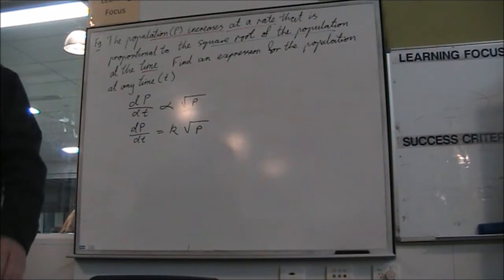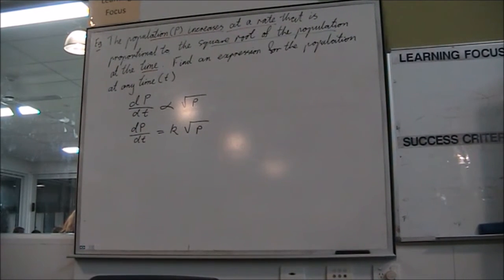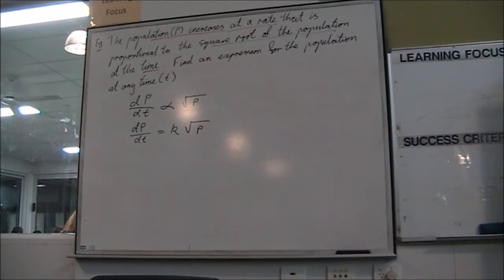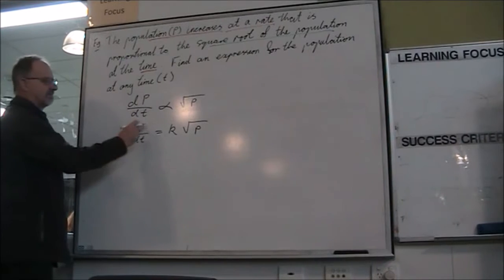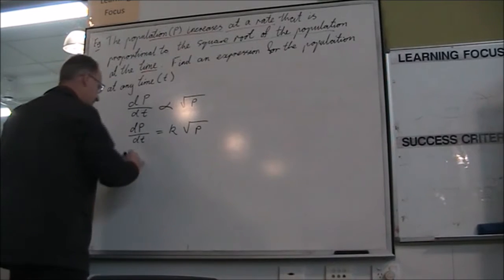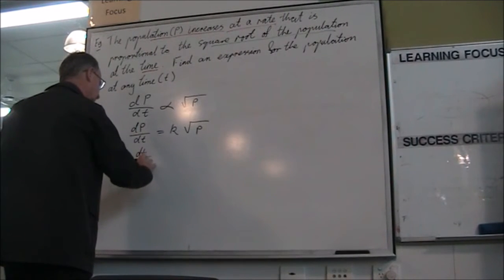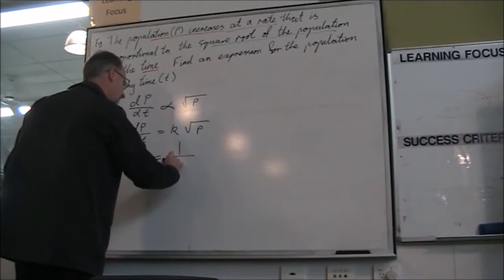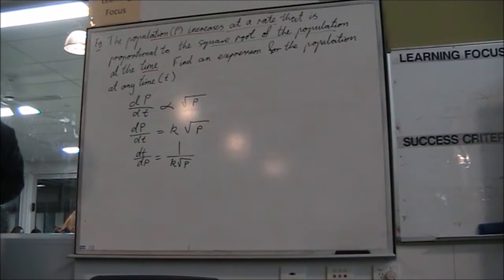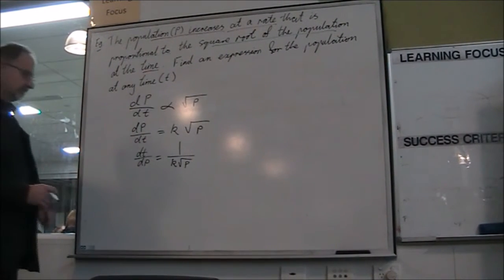We've now got to solve that. So, the first technique we're going to do is flip. Yep. All right, because this population is over here, we need to differentiate with respect to population. So we've got to flip. So 1 on k root p. All right, how are we going to rewrite that then? T is equal to the antiderivative of